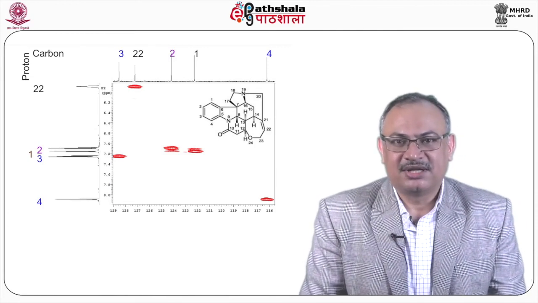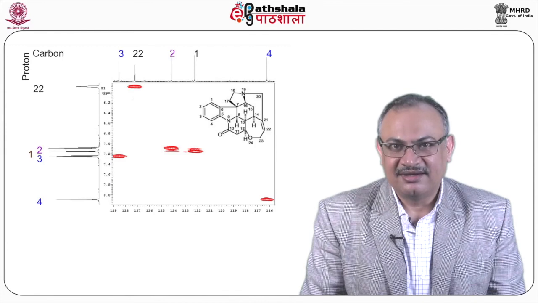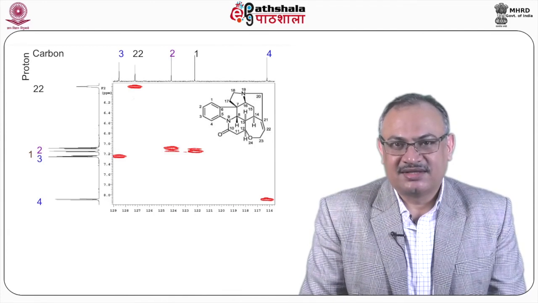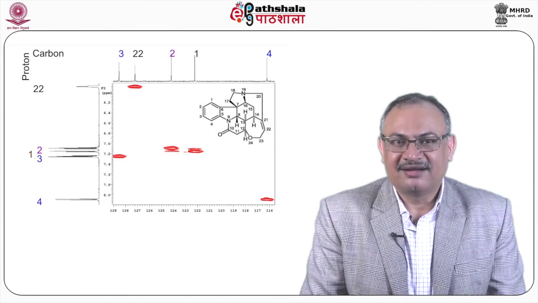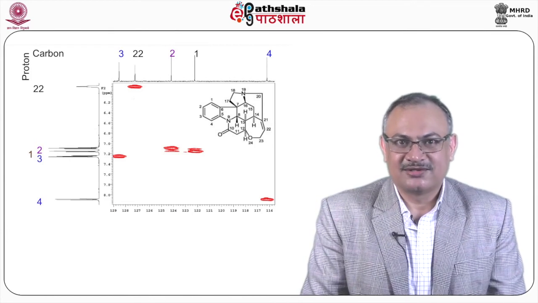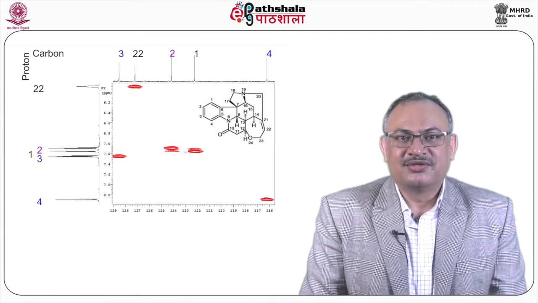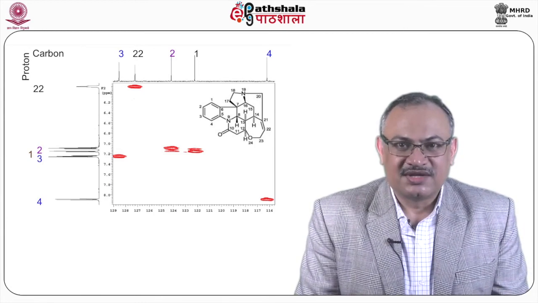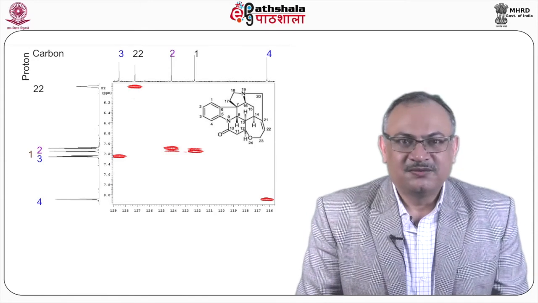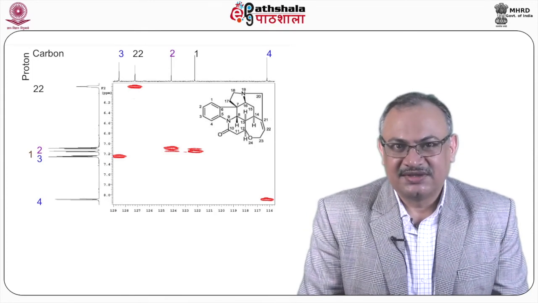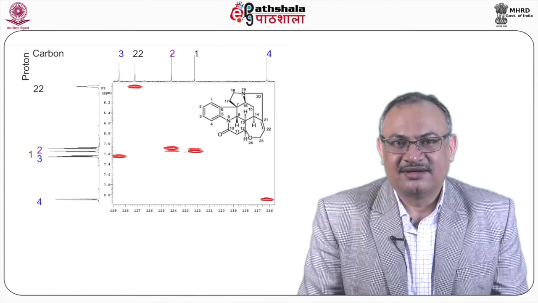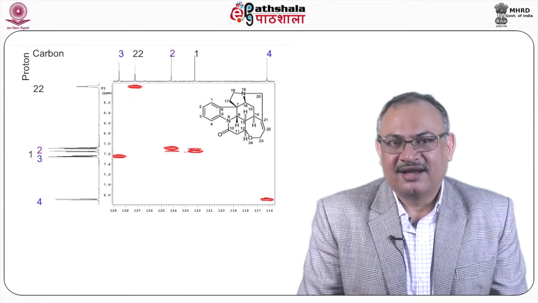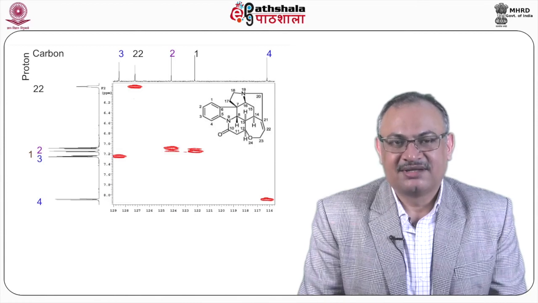What is very clear is peak number 4, which is very well segregated right at the lower right end, and you can see that there is the carbon peak and the corresponding proton peak, which is also very well segregated. You see that the peak for carbon 22, which is an alkene carbon, also comes in this region, and this is very clearly labeled, and its proton frequency is very clearly identified through this experiment.